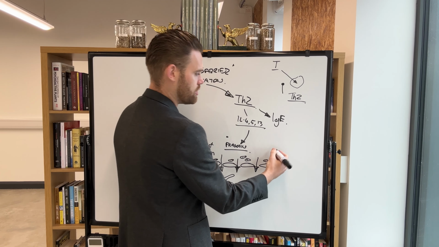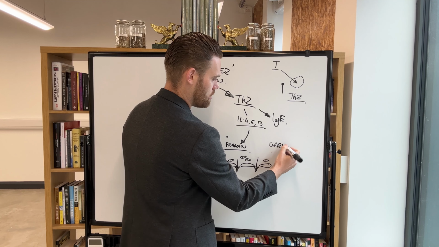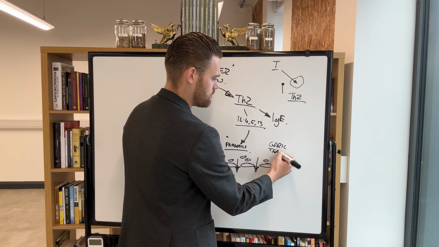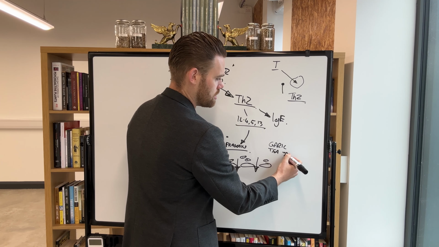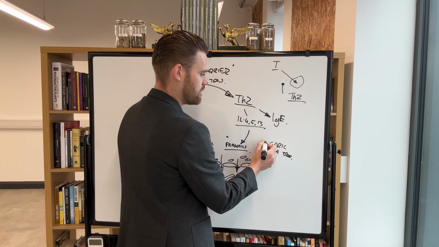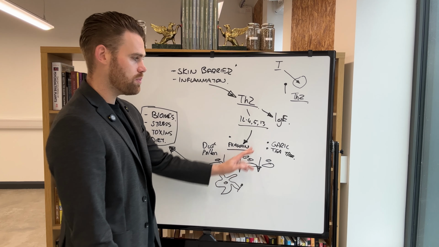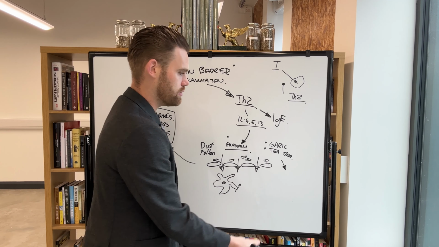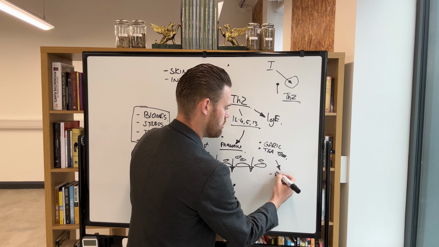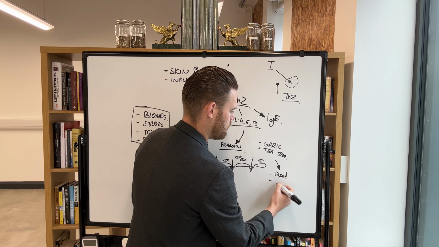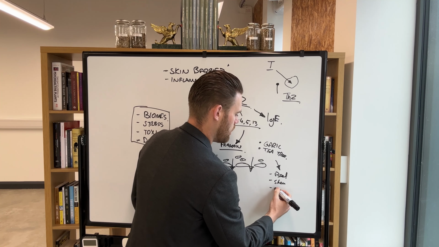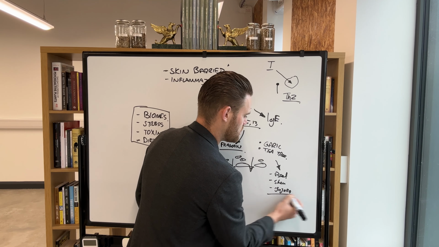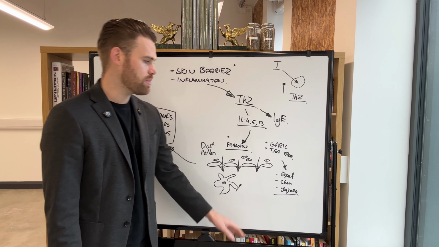So what are some interventions we can use here? So we've got garlic and tea tree. So this is my herbal medicine stuff coming out. So tea tree and garlic, two really good broad spectrum antimicrobials topically. You can get these in essential oil form, and then you're going to add those to whichever skin cream you're using. So beef tallow, you've got shea butter, jojoba oil, or whichever skin cream you're using,